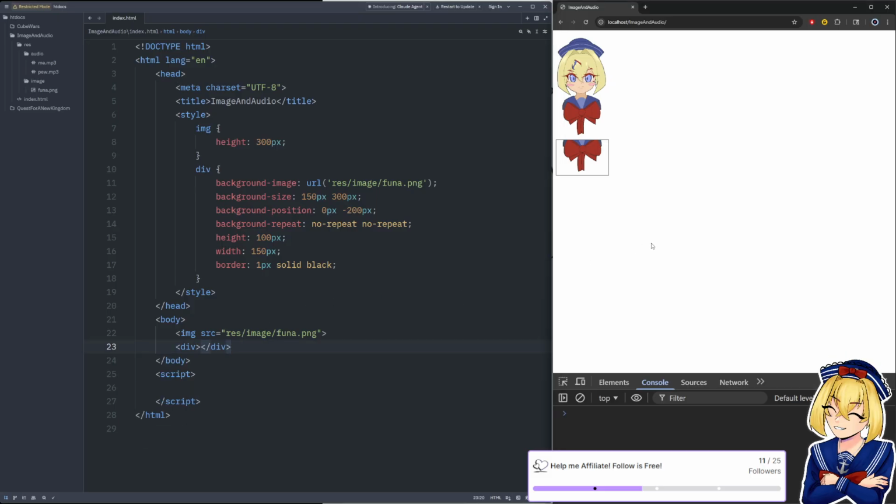Now, for our Quest for a New Kingdom game, that sort of game setup where we're using page elements is the kind of game that you could use this sort of cropping and character sheet sort of setup.